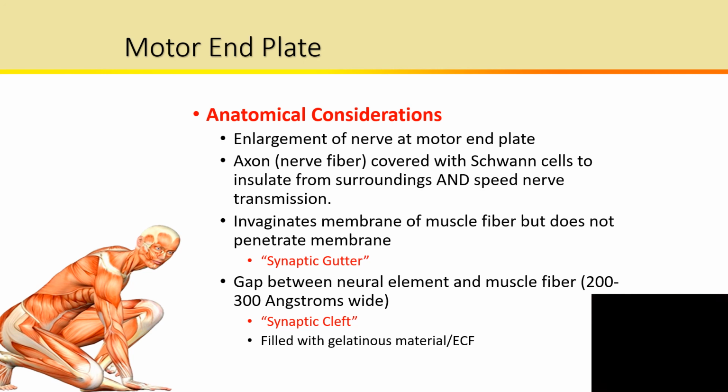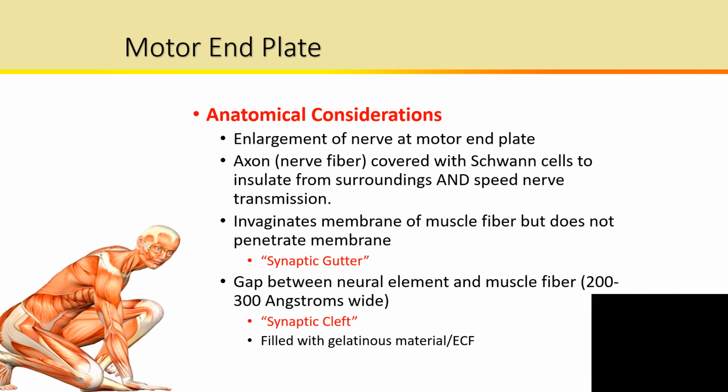Okay, what happens is, finally, when the end of that nerve gets down to the muscle, the sarcolemma invaginates. It creates a little bit of a dent in the muscle fiber, but the nerve does not penetrate through. It creates a gap, and that indentation that we see in the sarcolemma is called the synaptic gutter. Okay, and then between the nerve and the muscle, the sarcolemma, there's a gap, and that's called the